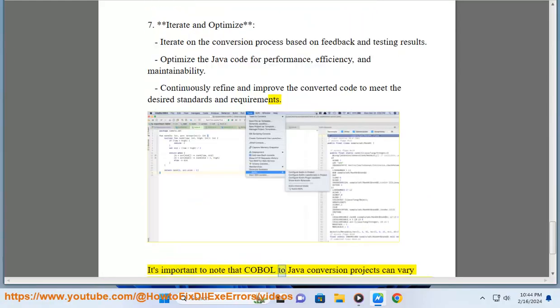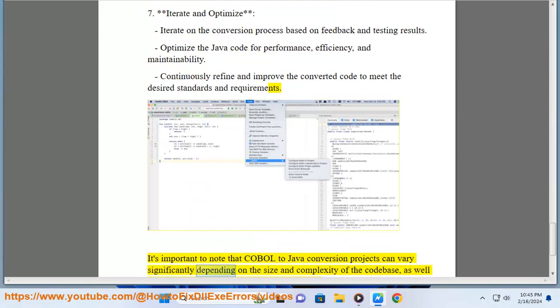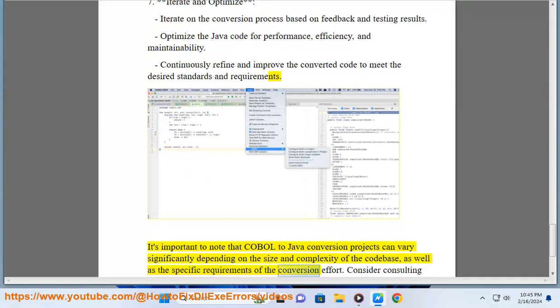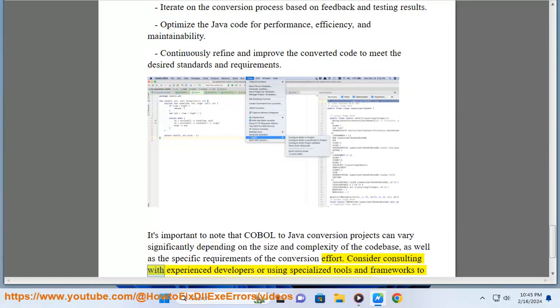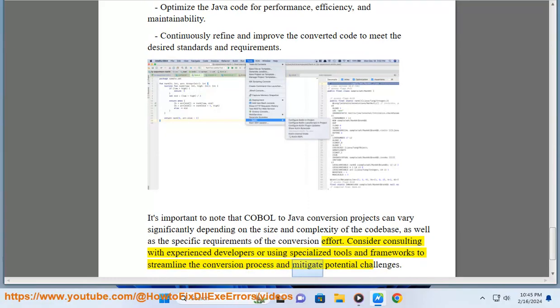It's important to note that COBOL to Java conversion projects can vary significantly depending on the size and complexity of the code base, as well as the specific requirements of the conversion effort. Consider consulting with experienced developers or using specialized tools and frameworks to streamline the conversion process and mitigate potential